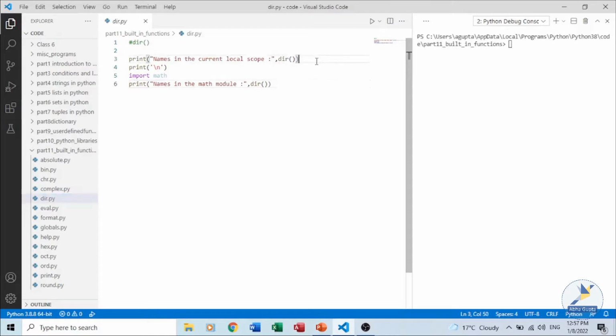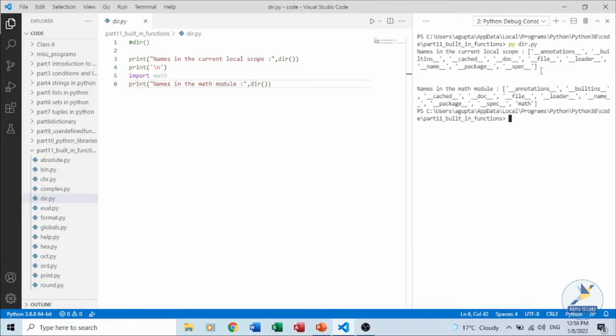If we are using the dir function with no object, like no object is being passed, it will return a list of the names in the current local scope. If we are importing any library, for example the math library, and then we use the dir function, it will return a list of the names of all the attributes contained in that particular module. Let's execute the program. You could see the names in the current local scope